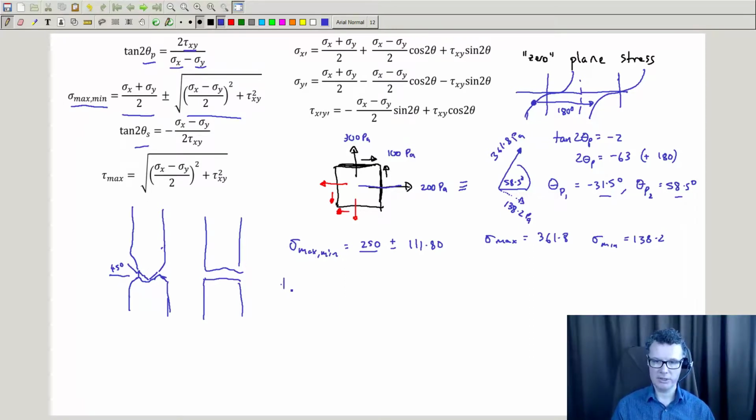So that's going to give me tan equals 200, take away 300, all divided by 200 again. So that gives me 2 theta shear will be 26.565,